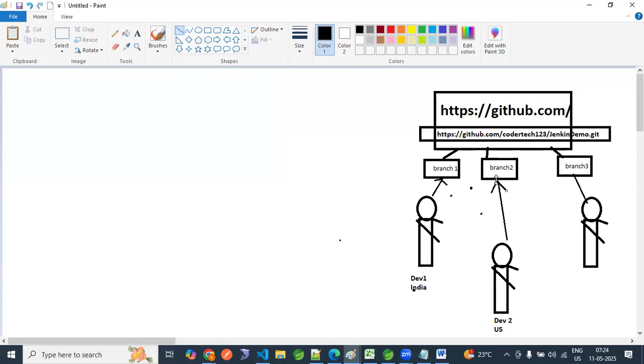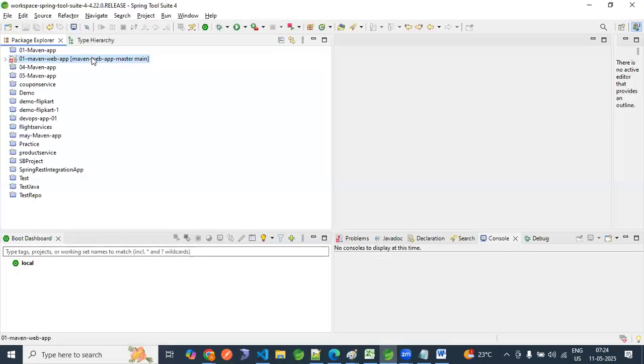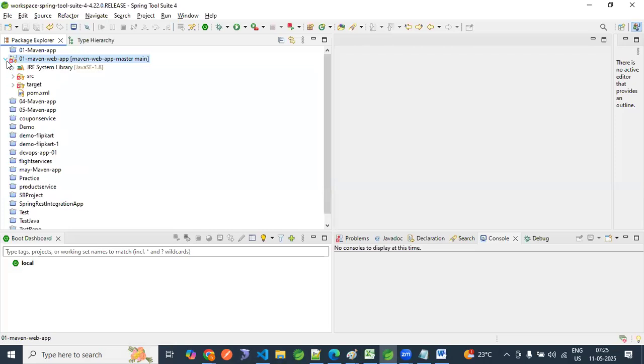Think, I am one of the developers amongst these three developers. I am developer one from India. I have taken this code. Just think, this is my code. Maybe it may be a Spring application, it may be a Spring Boot application, it may be anything. So this is